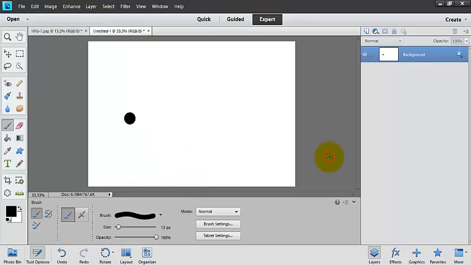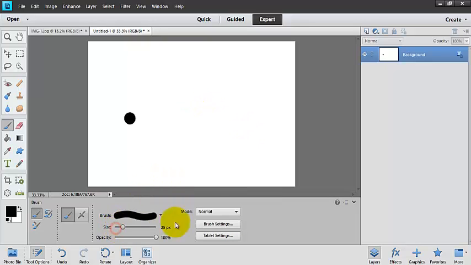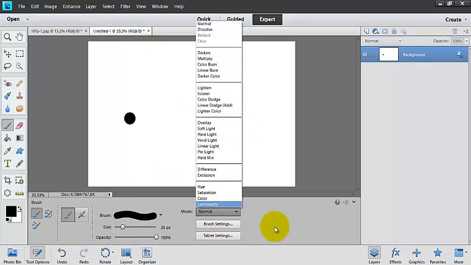Okay, so now that we understand where we get our brushes from, we can choose our brushes from here. We can set our size here, and obviously the more pixels that we have, the bigger the brush. We understand hardness and softness. We also have some other options here that we can look at. Most of these you aren't going to use for